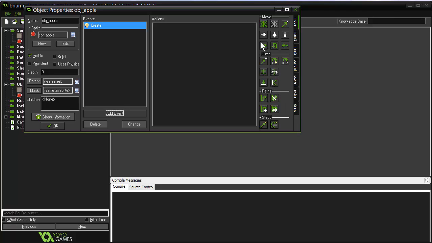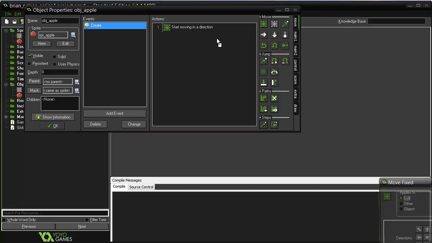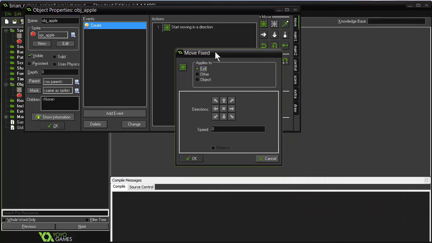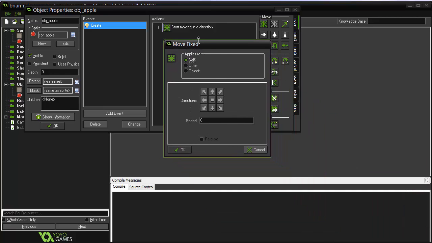You can also use scripting, we'll get into that later in the course, to perform even more sophisticated or custom actions that you might want to do. But for now, we'll just use the built-in set. I'm going to choose this very first one with the set of green arrows called Move Fixed. And to choose it, I can double-click, or actually I can click and drag to drop it over into the palette of actions. When I do that, I'm going to get a window that allows me to set some parameters